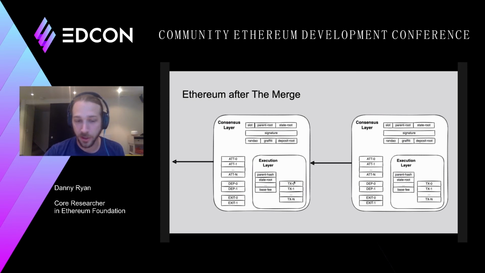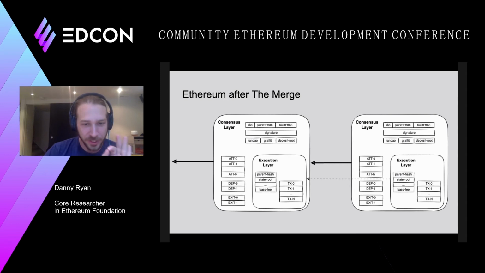This is where all the users hang out. And this next slide is only subtly different. Is this execution layer? So we have this parent root in the consensus layer, this hash reference. This forms this chain right here. But the execution layer is so much the same as it is today in proof of work,